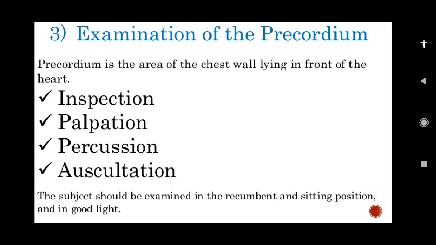Okay, so first of all, what is the meaning of inspection? So we are not touching the patient here, only we are observing the area overlying the chest. And palpation means we have to touch and feel the inspectory findings. So in inspection, only observation, no touching of the patient, and in palpation we have to confirm whatever we have seen in inspection, confirm by touching. So that is palpation. We have to feel in palpation.